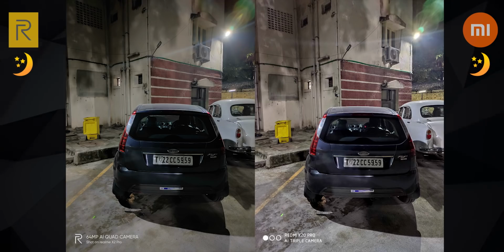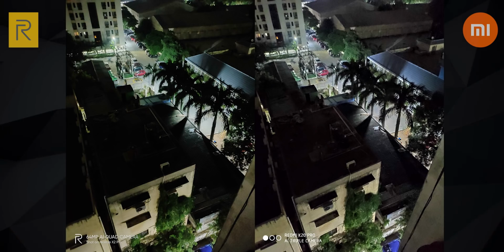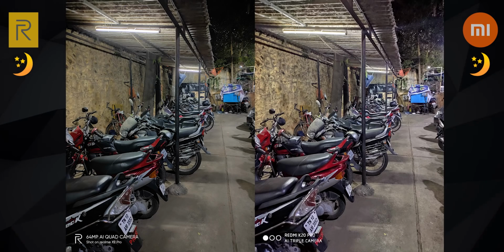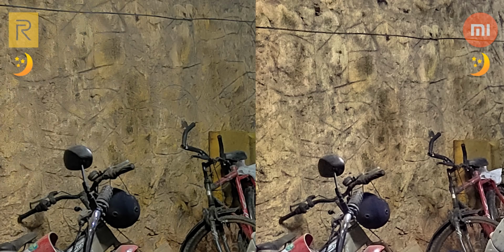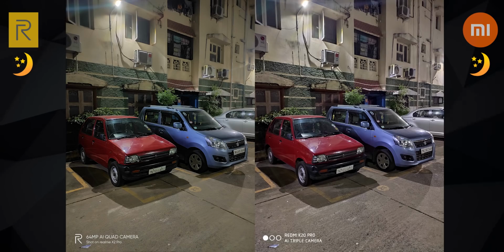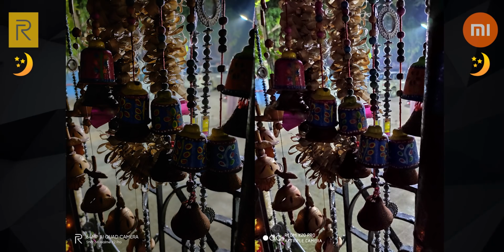And in low light, the X2 Pro does the exact opposite. Here there is too much contrast, so the dark regions of the image look too dark. The details are not retained. It doesn't happen every time though, because for the most part they look similar unless we pixel peep. If we do pixel peep, we can see more details on the K20 Pro's images. Some of these were shot using the night modes of these phones, and clearly the K20 Pro's night mode does a considerably better job. The images are brighter, sharper, have more details, better colors,